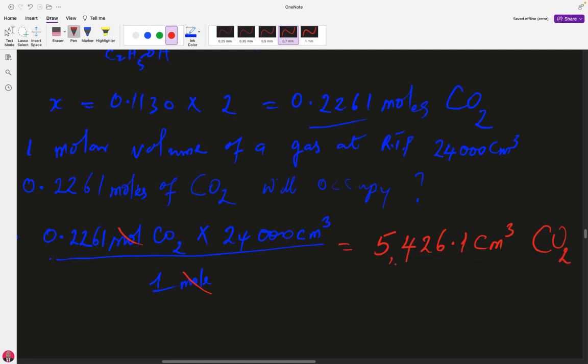Or you can divide it by 1,000. That will give you 5.426 dm cube. So 5,426.1 cubic centimeters of carbon dioxide gas will be produced. If you did it like that,